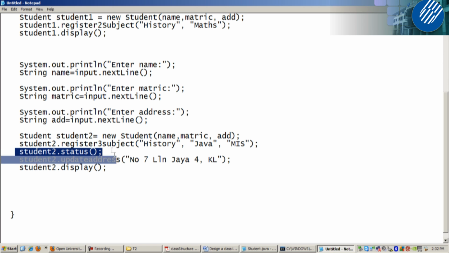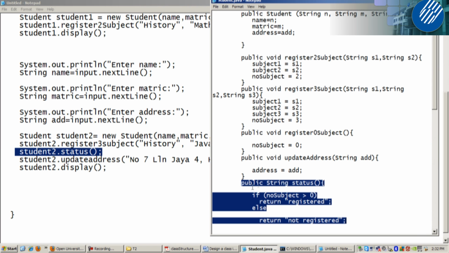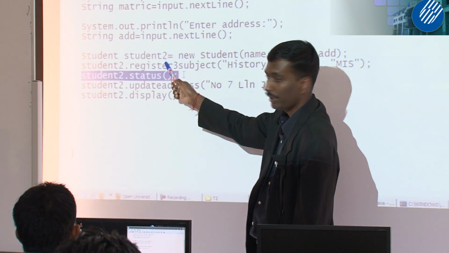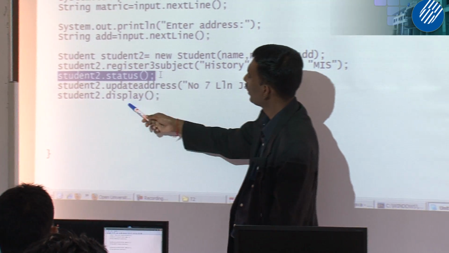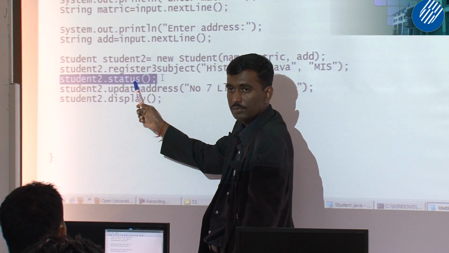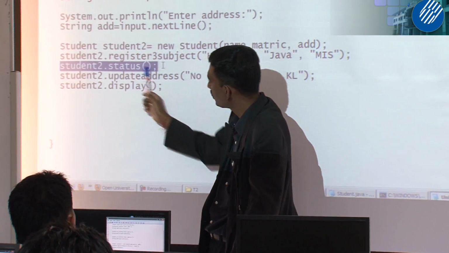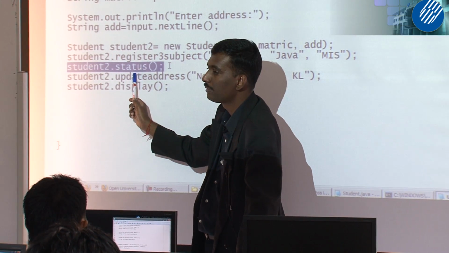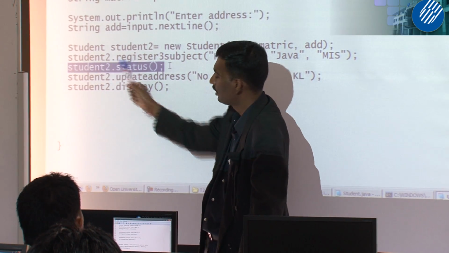Always remember, if a method returns a value like status, you cannot write it like this. It cannot be standalone. This one can stand alone because these are void, right? Void, right? But status, is it void? No. Void means it can stand alone. You need to declare a variable to receive the value that will be returned by this method. So like this,